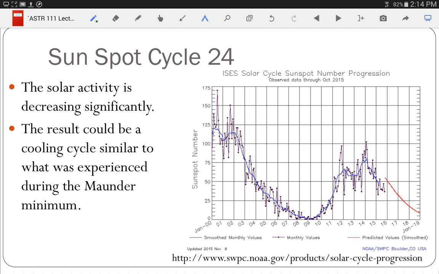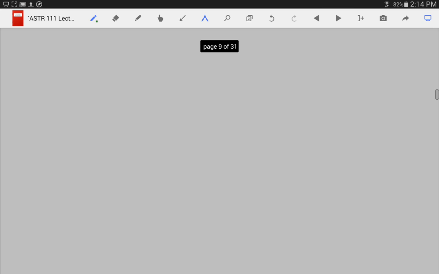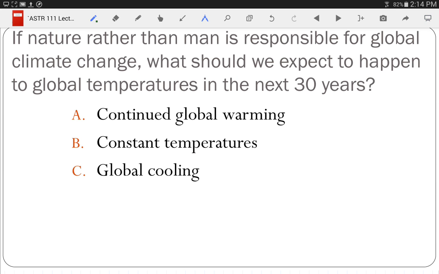If that happens, what should happen here on Earth? We should also expect temperatures to start to go down. It should start to get a little cooler. So, if nature rather than man is responsible for global climate change, what should we expect to happen to global temperatures in the next 30 years? I like this because it gives us some kind of measurement where we can start saying, hey, is it us or is it not us? Because all of the models the scientists put together that says it's humans say one thing, and this says